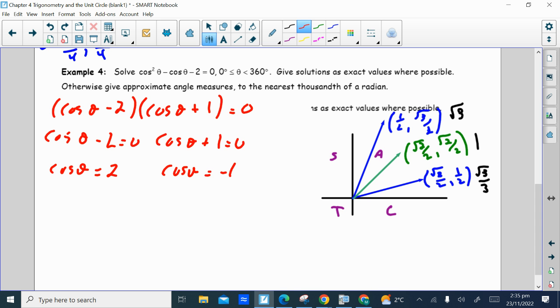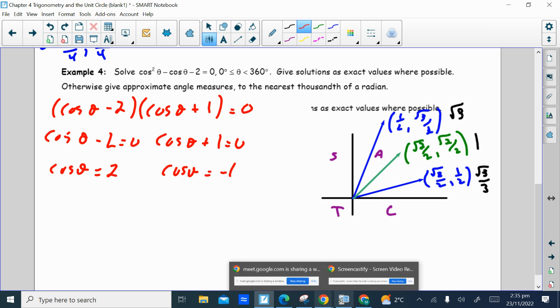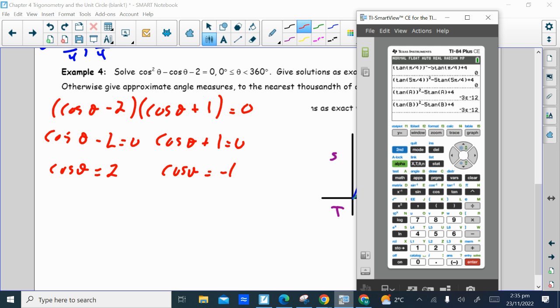And if you try to do second function cos of 2, because 2 is nowhere on the unit circle, in degree mode, if you do second function cosine of 2, you get an error. Does anyone remember why? If you look at the graph of cosine theta or cosine x,